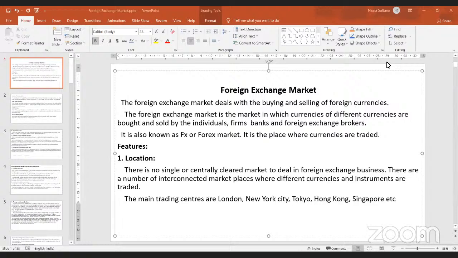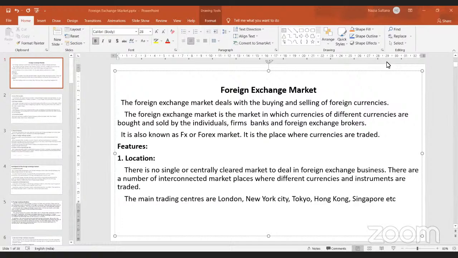Now let us see what are the features of these foreign exchange markets. The first feature is location. There is no one single location for this particular foreign exchange market because it's not like you go to a supermarket to buy vegetables, and there are spots where vegetables are available. Neither is it like a clothing store where you go and buy clothes. But it is because different countries of the world are there who are transacting with their currencies. You would have not a single centrally located market, but you would have markets which are interconnected with one another because different types of currencies are being used in different countries.